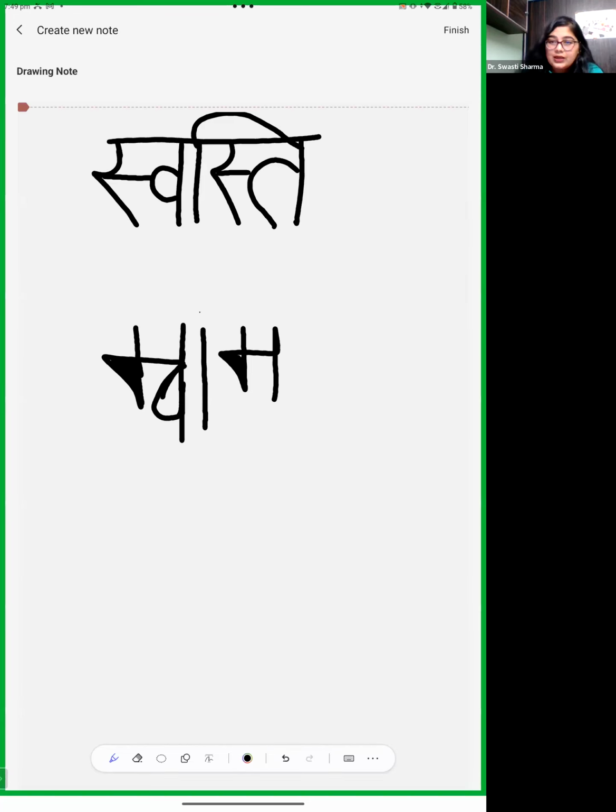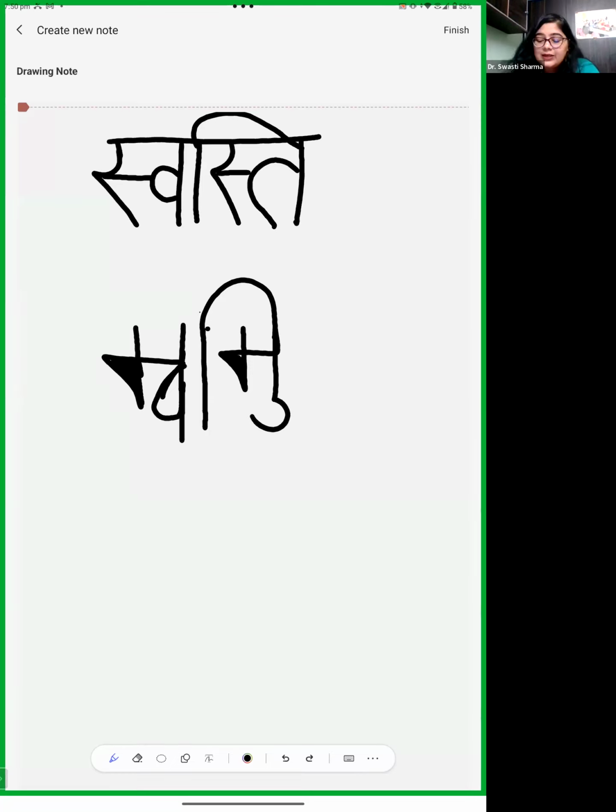Okay, so here this is the ending point. We are going to start, make it ta, and then ikar matra. So what will happen? The shirorekha comes like this or it may not be like this. So what is this? The swasti. Okay, first letter is sa and va, and the second letter is sa and ta and with ikar matra. So there are not two. Now you can see the width of these two words.